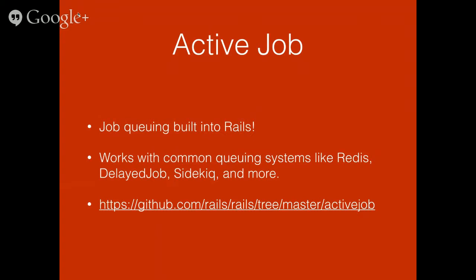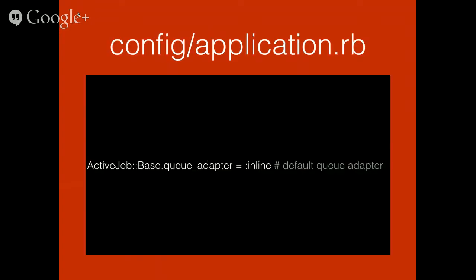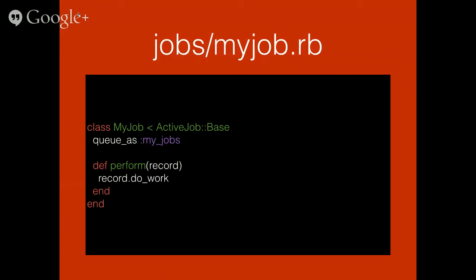It's available on GitHub. I'm actually going to go into a little bit about it. To set it up, in your application file, you're going to specify what you want your queue adapter to be. So that's just, if you want to use Redis, Sidekiq, Delayed Job. I think there's 8 different ones that are supported. I'll post a link to all those, and they have API docs on how to integrate with each of them. But once you do